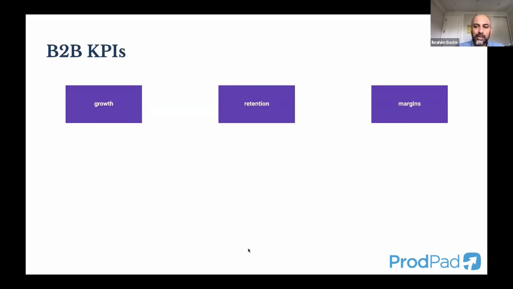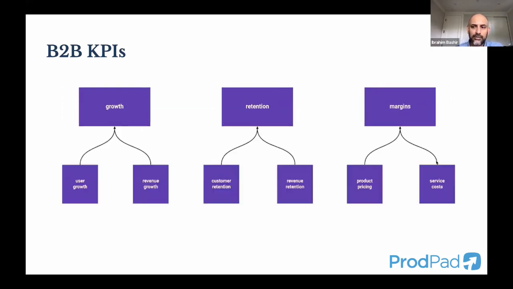That said, it's really hard based on a product feature that you're building within a sprint or a quarter to show a direct correlation to growth, retention, or margins, right? These are long-lasting, hard to connect to, and hard to move type metrics, which is why I like to think about the next layer under that as the altitude that a product team should ideally be thinking around as a North Star.